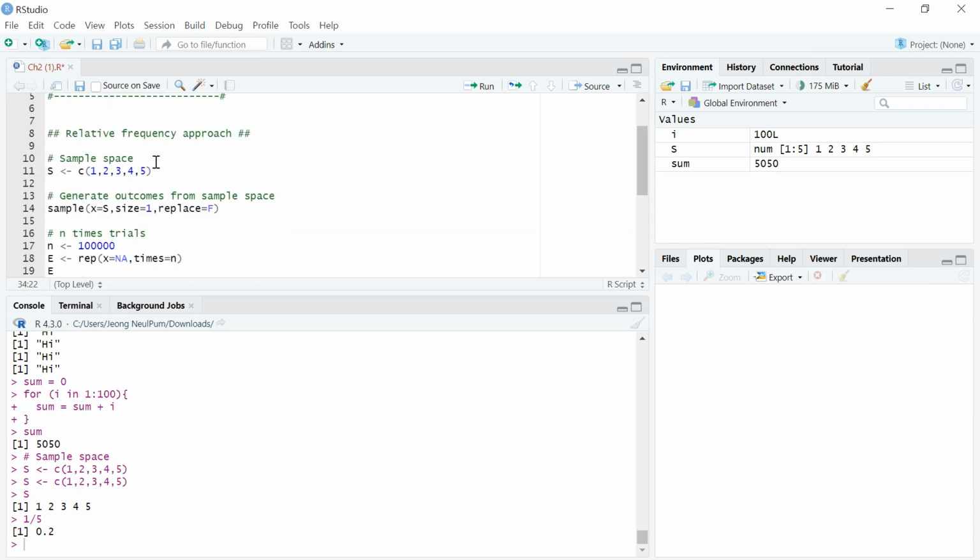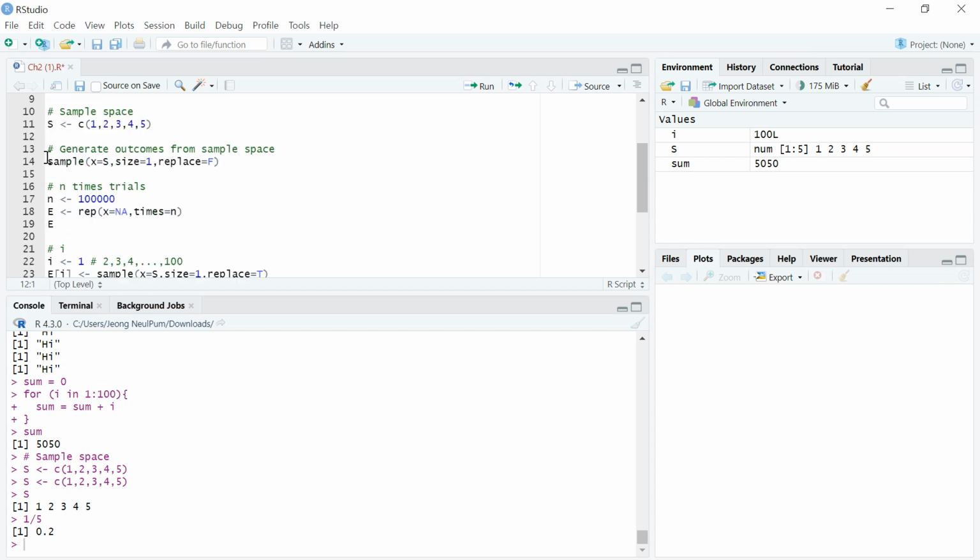So because we are dealing with a dice, which has 5 numbers, we set the sample space with the 5 numbers as a vector and store it in our own variable s. And we want to random sample, which is the same as rolling a dice, with the sample function in this sample space, just 1 time without replacement. So if you run this code,